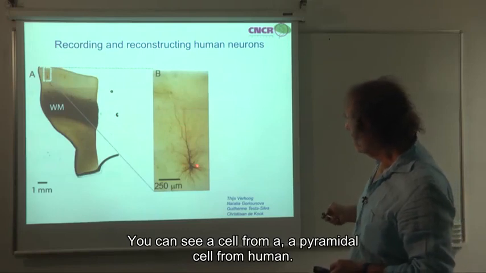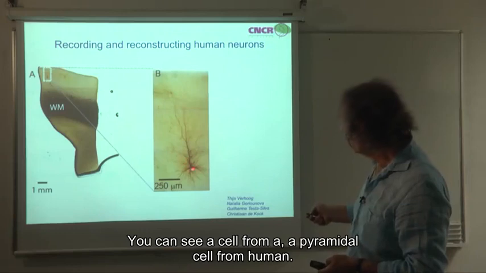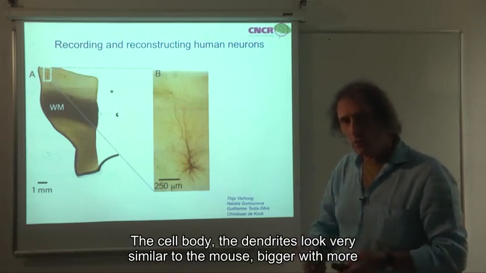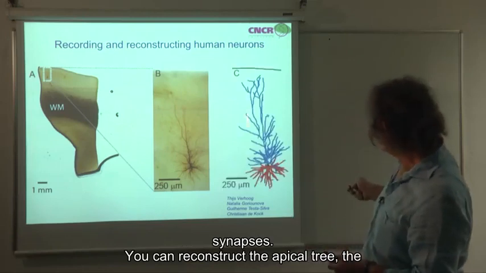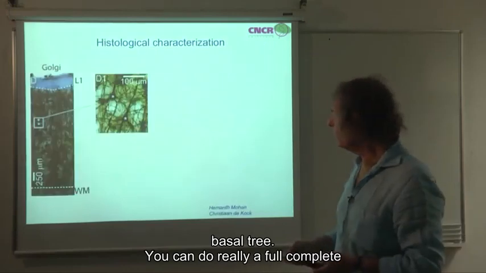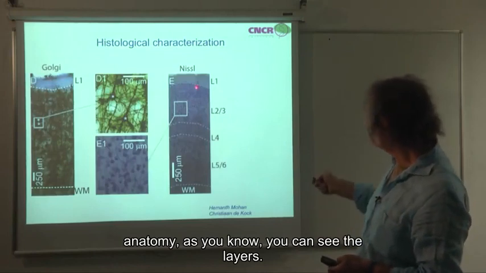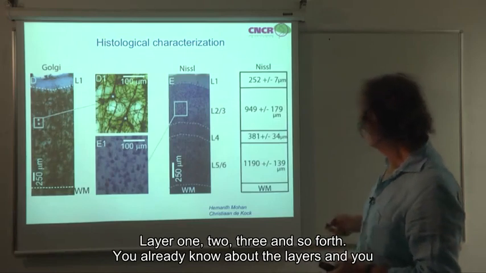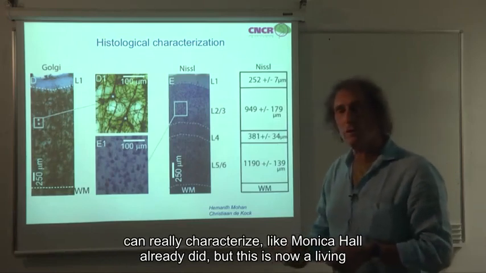You can see a cell from a pyramidal cell from human. The cell body, the dendrites, look very similar to the mouse, bigger, with more synapses. You can reconstruct the apical tree, the basal tree. You can do really a full, complete anatomy. As you know, you can see the layers, layer 1, layer 2, 3, and so forth. You already know about the layers, and you can really characterize, like Ramon y Cajal already did, but this is